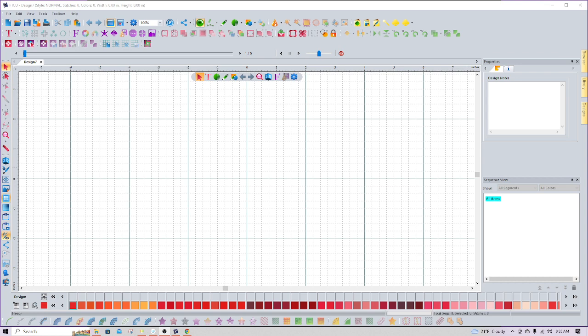Now, if you do let up on the mouse button while you are doing this, the line will connect, but it may not connect in the direction that you want it. For example, it may add a curve in there when you wanted a straight line. So that is something that you're going to need to practice using and working with so that you get a feel for how the right mouse button is going to function, especially if you let up on it a little